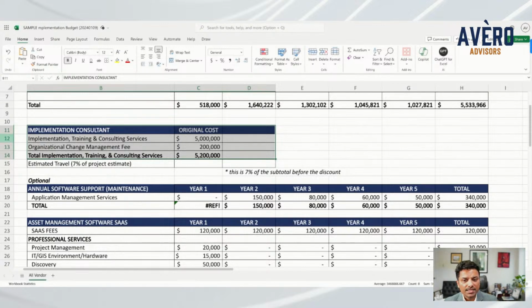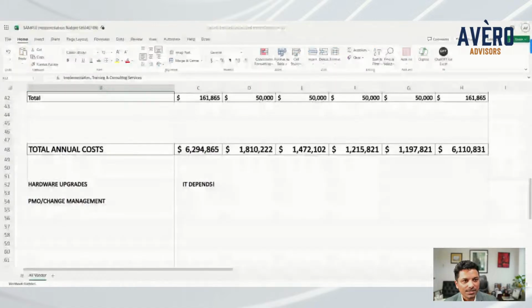And when they say implementation training consulting, they're doing that from a very narrow perspective. This is the product. This is our scope of work. We're configuring this, and we're going to be out of here unless you buy maintenance. You're a city with a county, 5 to 10,000 employees, several different departments.